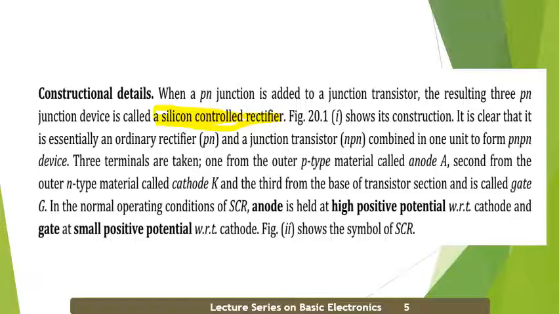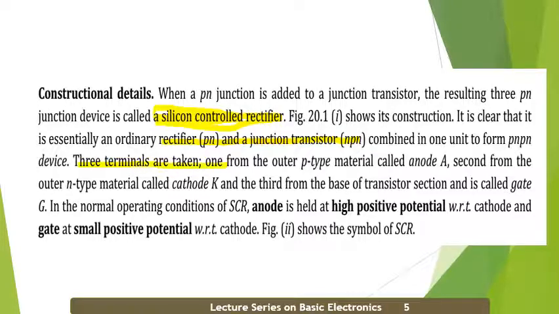It is clear that it is essentially an ordinary rectifier and a junction transistor. Rectifier means we are using a diode as a rectifier, so it acts as a diode and a transistor. The two are combined in one unit to form a PNPN device.